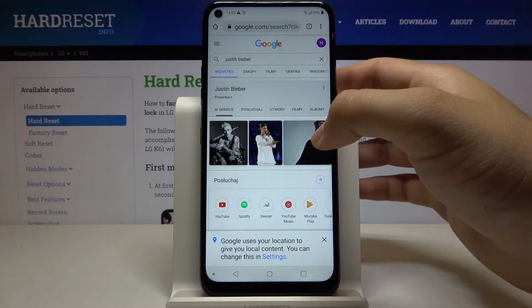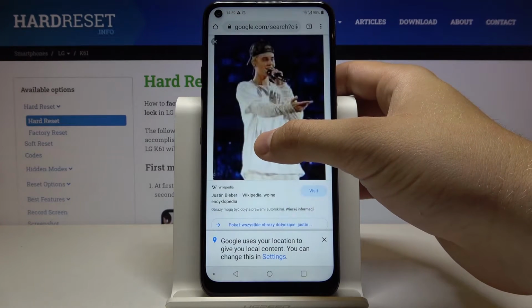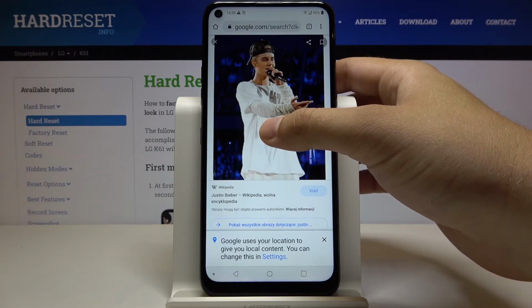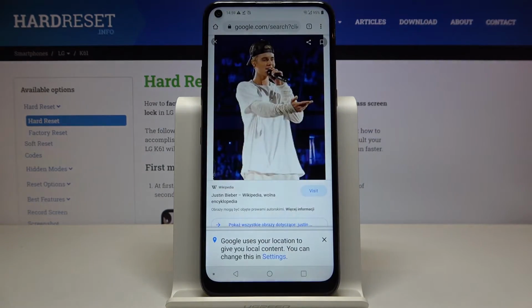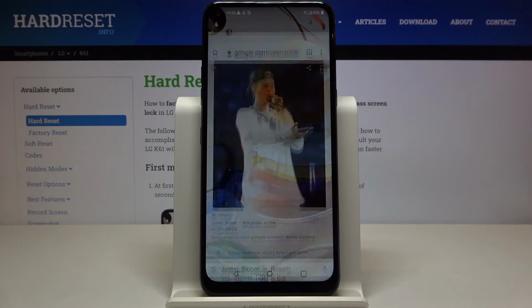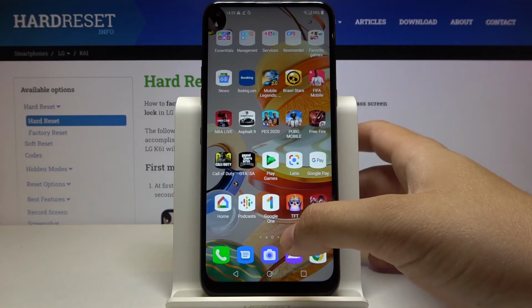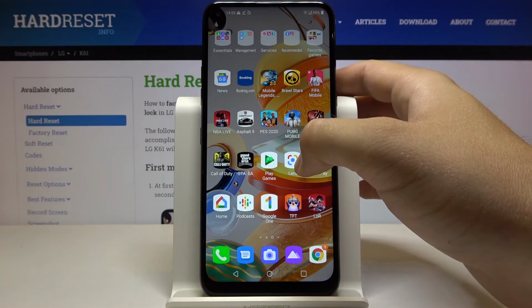For the first, I'm going to download some pictures. I think that I can take this one. And right now, let's go back here. And I think that we have to go